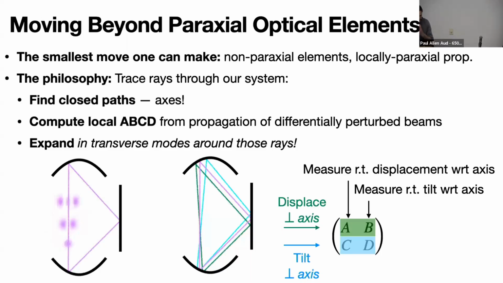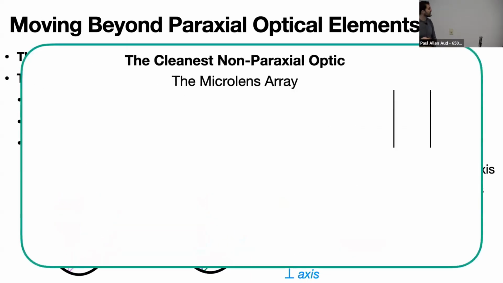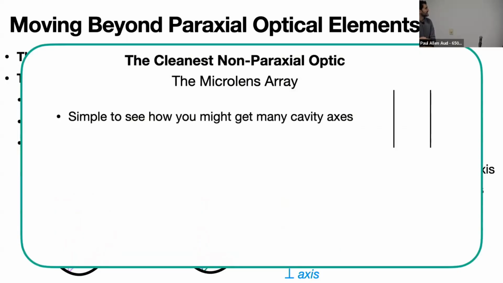All right. So what is the cleanest non-paraxial optic you can put into your cavity? It is a microlens array. And so you can see immediately that if you put a microlens array between a pair of mirrors, you get an array of cavities based on this kind of a picture. There are probably other cavities that you could generate in this as well, but that's sort of the fundamental point of this. This is an extraordinarily non-quadratic optic, but we can still tell locally quadratic stories around each of those